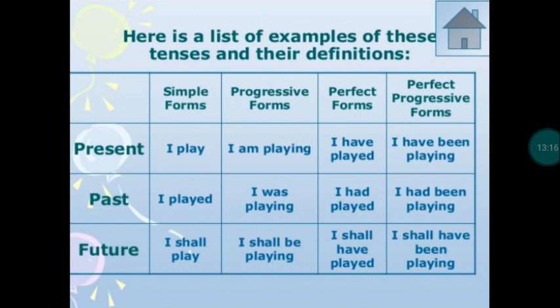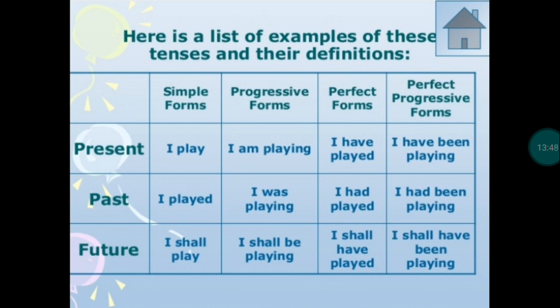Now here is a list of examples of all these tenses and their definitions. In the first one, present, we will look at all the 4 present forms. First is the simple present tense. I play. Then, what is the progressive of that? I am playing. So here we use is, are, or am. I am playing. He is playing. They are playing. Depending upon the first person, second person, or third person, we keep changing the is, are,